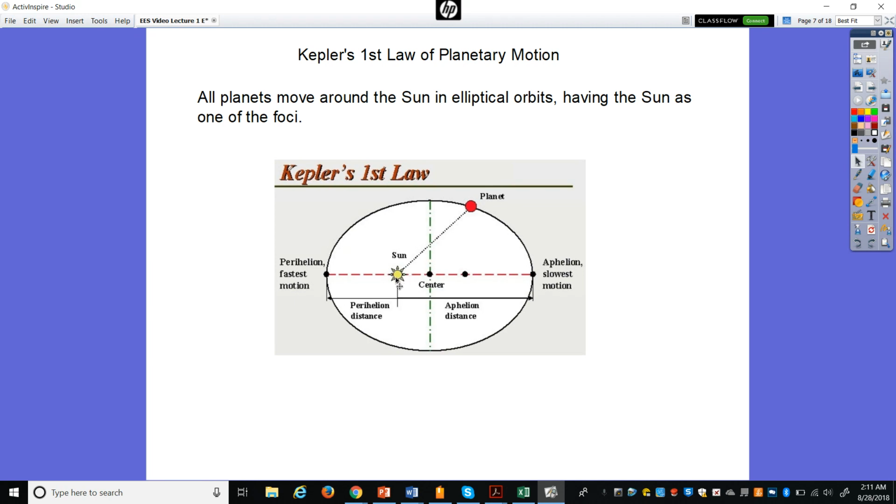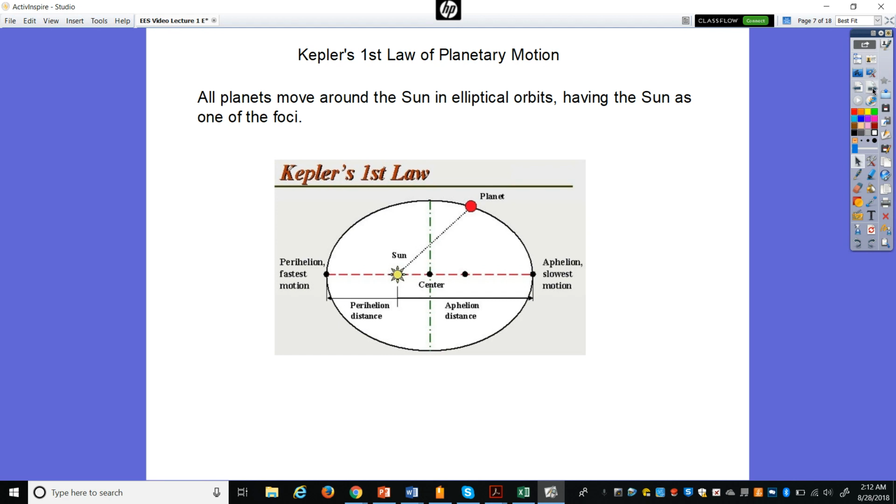It is off to one side, and planets are going to orbit the sun in an ellipse. So at some point they're going to be closer to the sun, and at another point in the orbit they'll be further away. So this first law is that they orbit around the sun in an elliptical orbit, having the sun as one of the foci. Okay, that one's kind of straightforward.